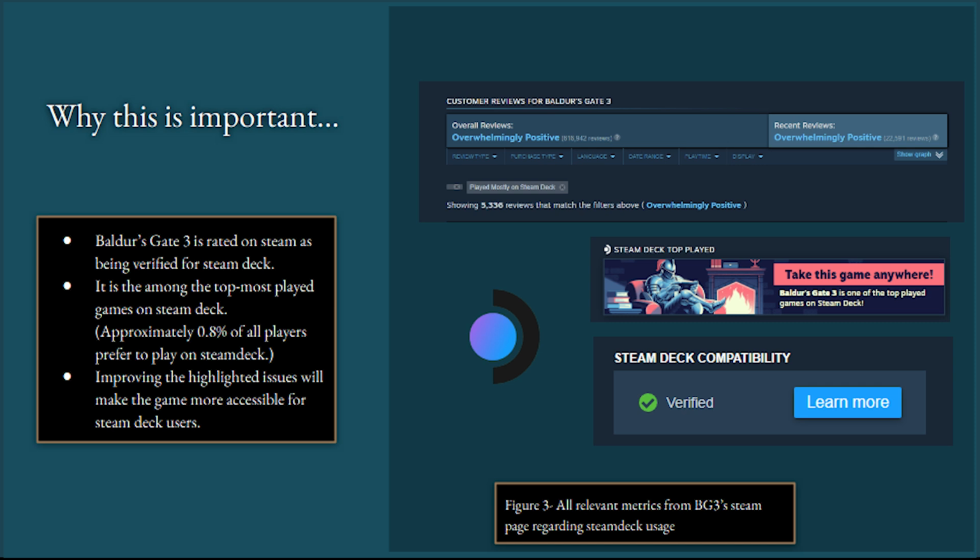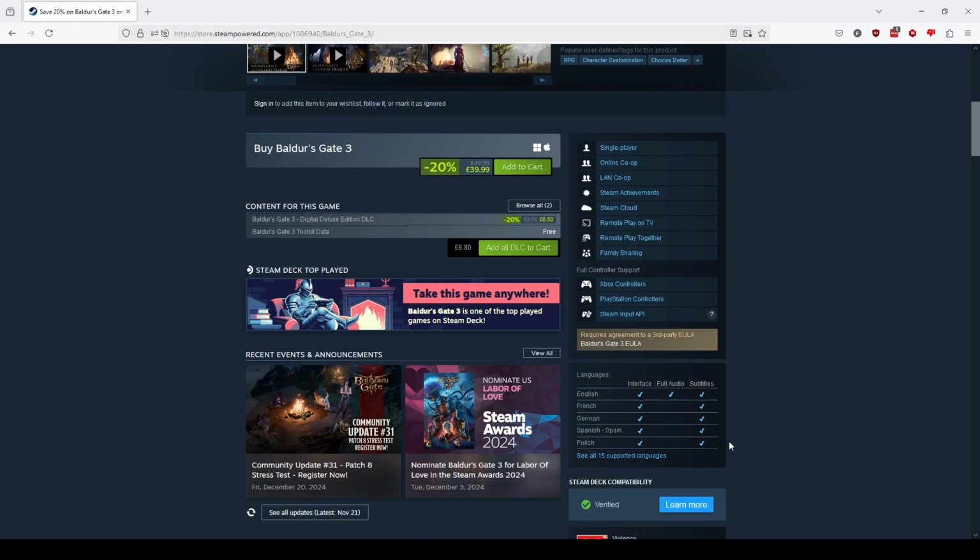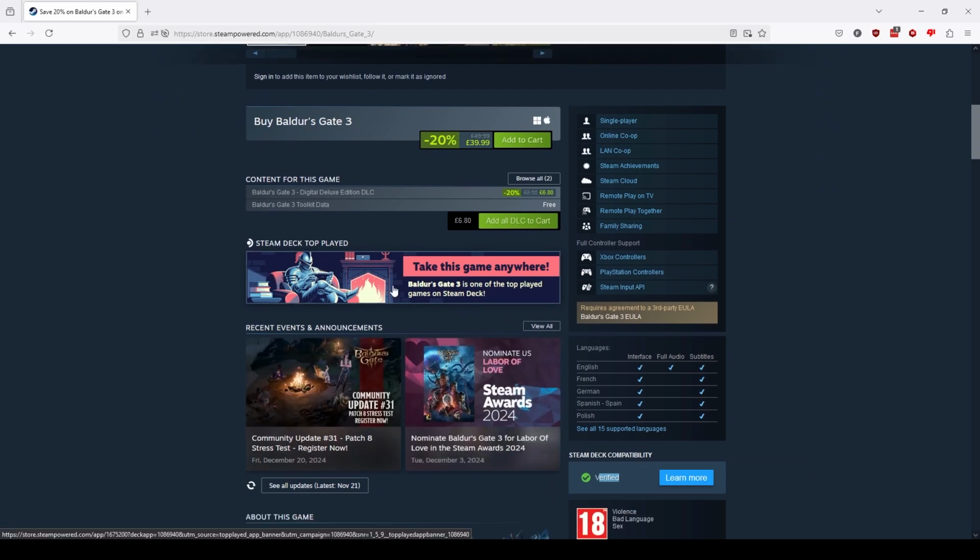To further explain why these issues are notable, we need to talk about the Steam Deck. As a portable console, it can change how a player engages with any given game, as someone on Steam Deck will be more inclined to play games in shorter sessions spread over the course of their day, rather than one focused play session. As of writing, Baldur's Gate 3 is a game that is not only advertised as being playable on Steam Deck, but also a must-have for Steam Deck owners and one of the most popular games for the